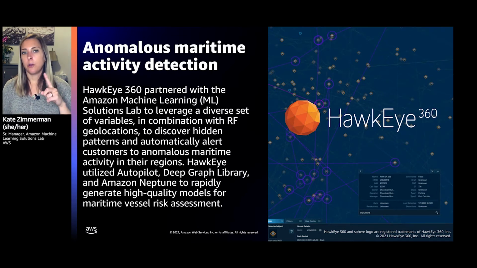It had location points of what proximity they've been in. And then we had our target column of whether or not this was considered a high risk vessel, so 0 being non-high risk and 1 being high risk. And we started by trying to build this model manually.